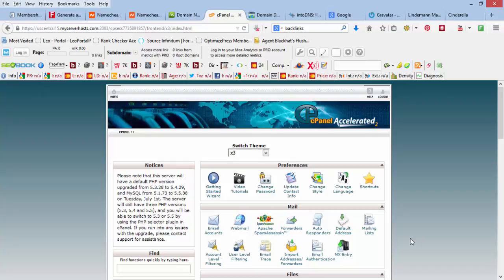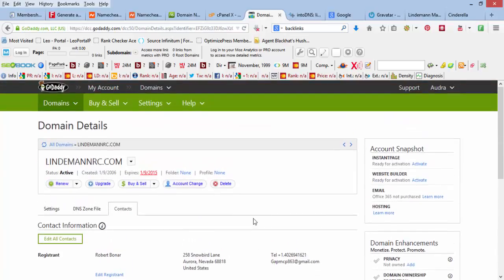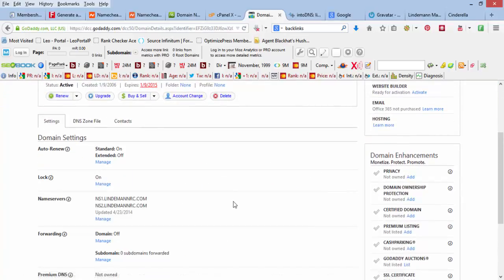All right, so now up to this point, you should have the email, you should have the fake persona, you should have a domain, you should have hosting. All right, so the next step that we're going to need to do is set up the actual website. So the next and final pre-step process is that you will need to take the name server information from your hosting account and add it to your registrar account, so your domain will know where it's hosted. I will show in GoDaddy, if you're using GoDaddy for the registrar, then right in here